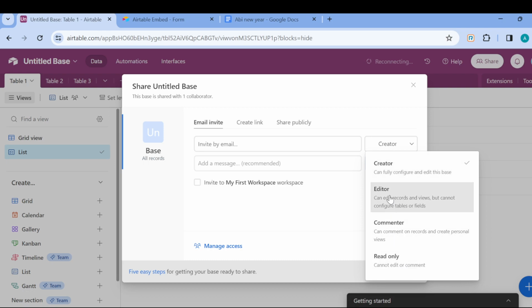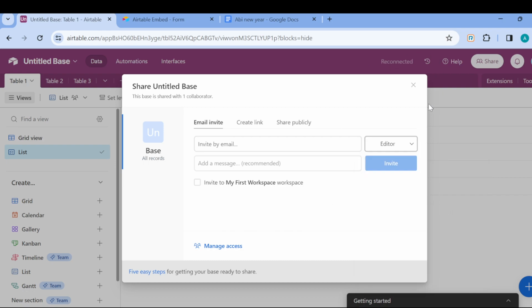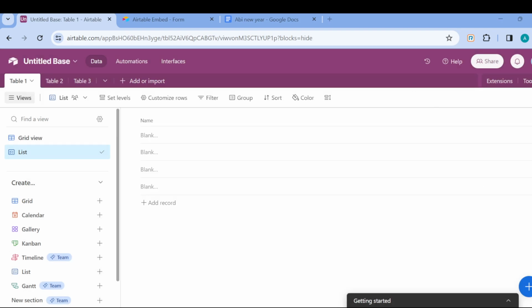Since they are your team members, you can just make them editors as well for your project management. And then once you're done and the invite has been sent, once they accept the invite, they would be your team members. And then once that is done, you can use templates. Okay, you can use templates to speed up the process by using Airtable project management templates. Yeah, so you can try that, and then you can also integrate tools to make your work easier by